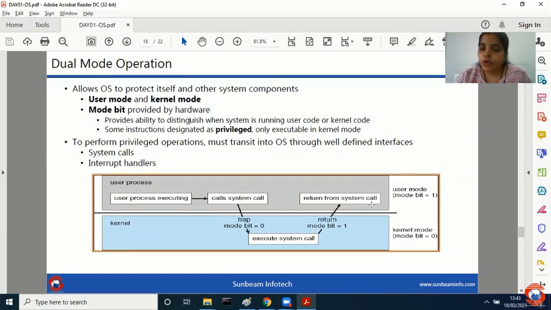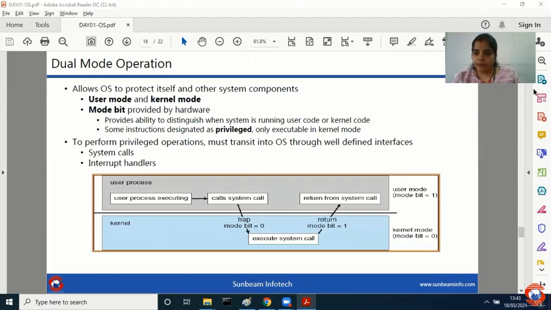Now, how will your operating system understand whether I'm in kernel mode or user mode? The operating system provides one bit, which is called the mode bit. So what is the mode bit? Mode bit is provided by the hardware.